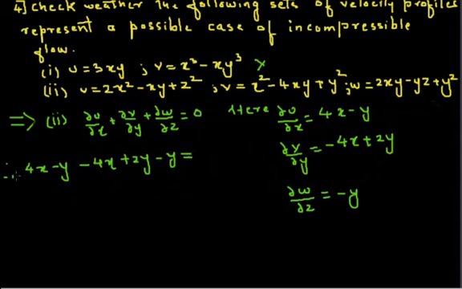So 4x and 4x will get cancelled, and 2y minus 2y will get cancelled, so that is equal to 0. Therefore,